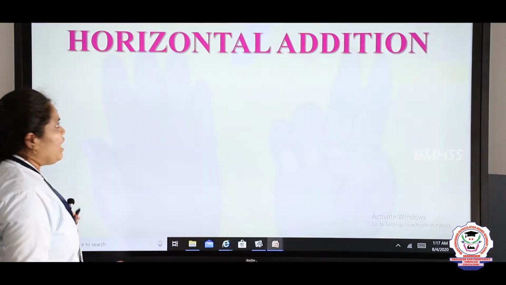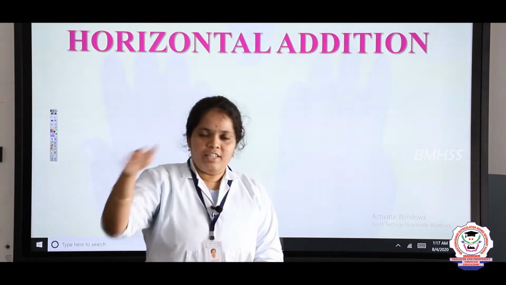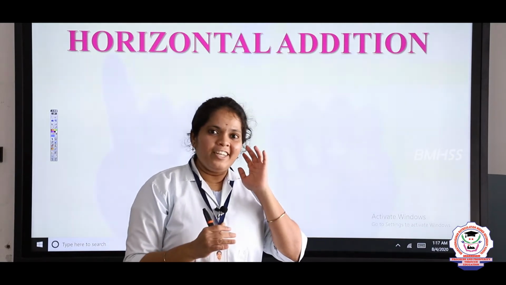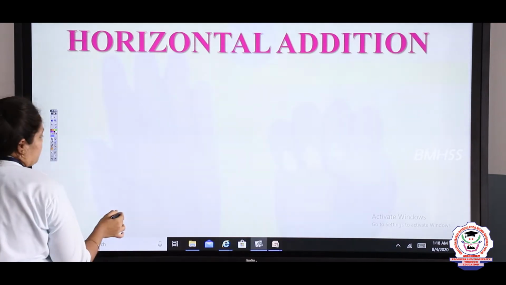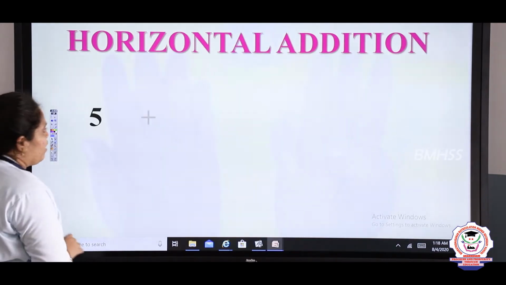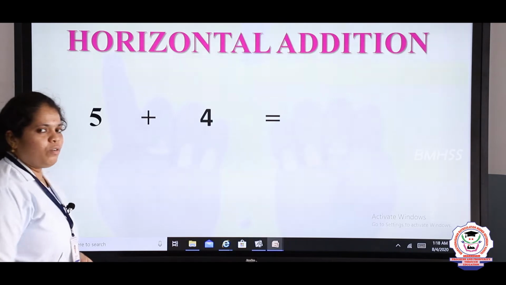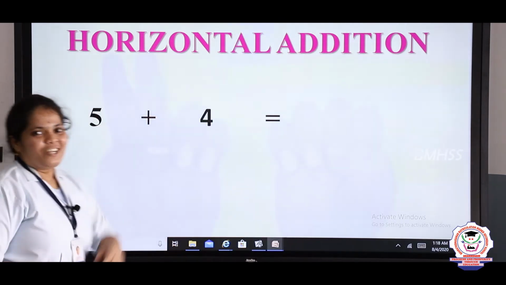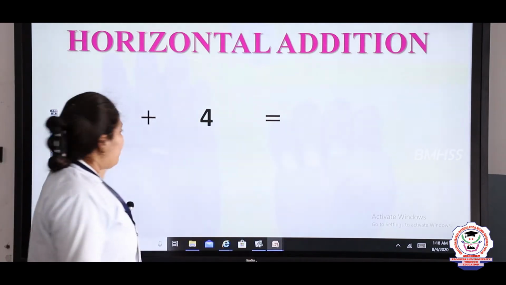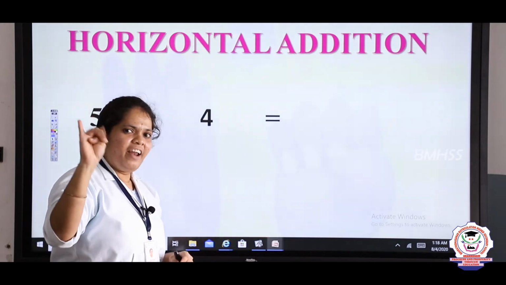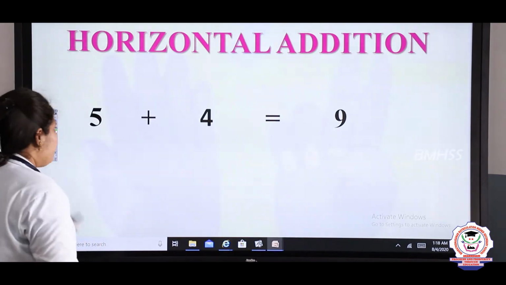Let's see now. Shall we see the horizontal addition now? Horizontal means how it is, like this or this one? Very good. Like this one, like a straight line. So 5 plus 4 equals, okay, addend 1 and addend 2, which should be in your mind. Addend 1, the first number, 5, in your mind, 4 in a finger. After 5, 6, 7, 8, 9. Very good. The answer is 9.